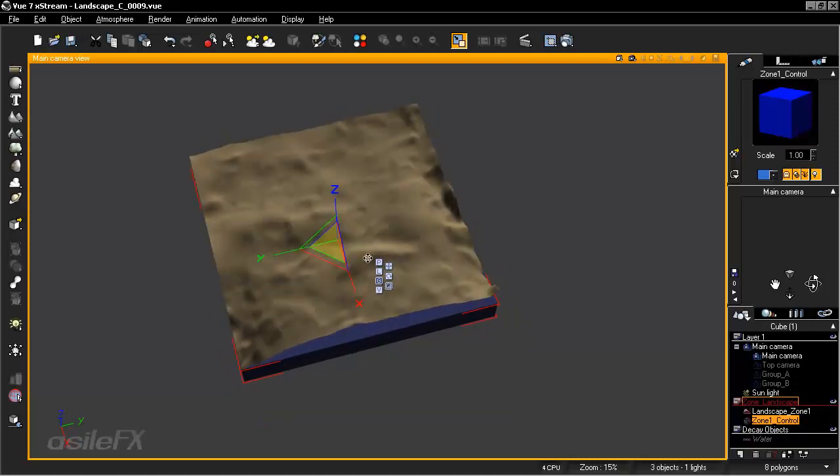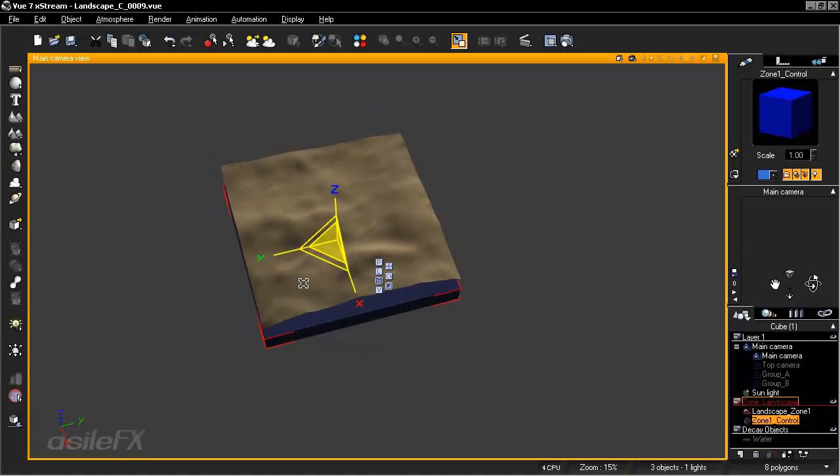So go ahead and just scale this down just a little bit, and this should be a